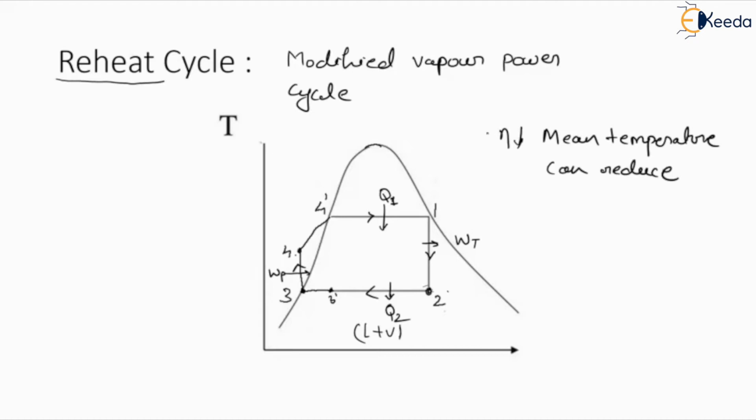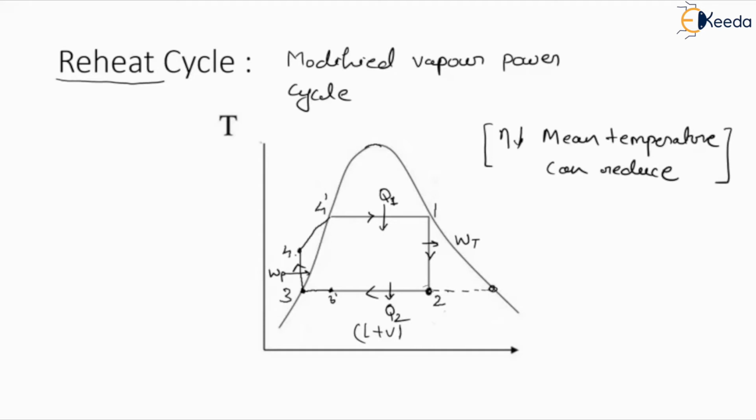So to avoid this condition, we have to reduce the moisture content from here, as well as remove the scale and solid particles, so that the blades cannot corrode, and there will not be any problem of choking because of scale and solid particles. So here we can shift this point to this particular line, the saturated vapor line.